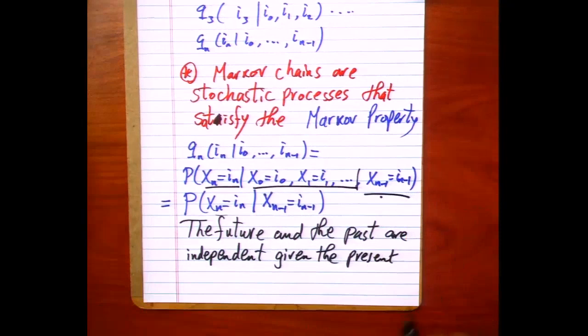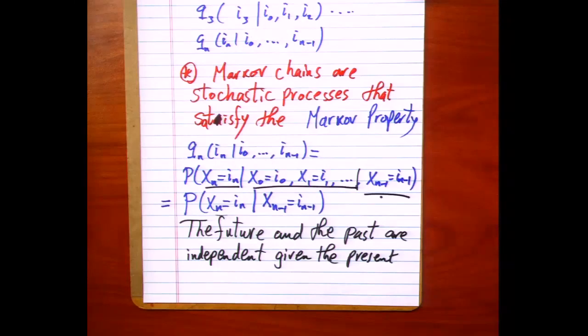So if you want to know the probability that the system will be somewhere tomorrow, all you need to know is the present. To know the transition of the process for tomorrow, you don't need the whole past. You don't need the present and the past. You only need the present. So the future, which is tomorrow, is independent of the past. It's only dependent on the present. To know where the system is going to go in the next step, just tell me where it is now. Don't talk about yesterday.